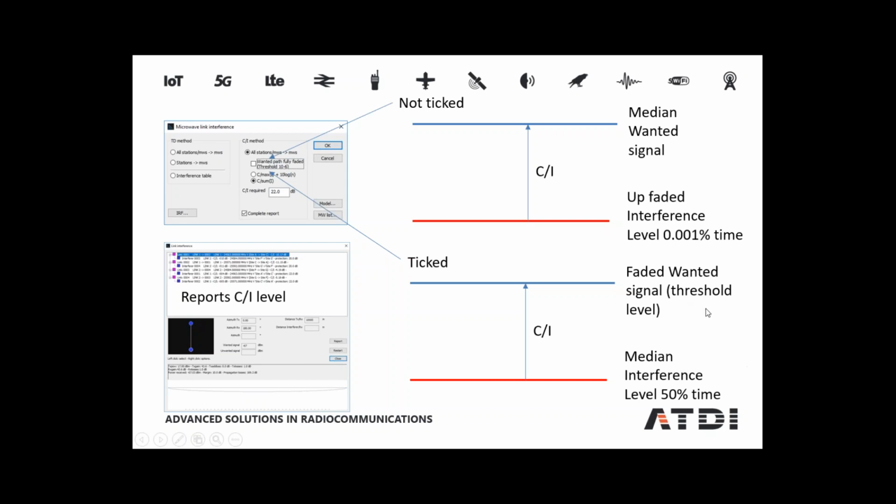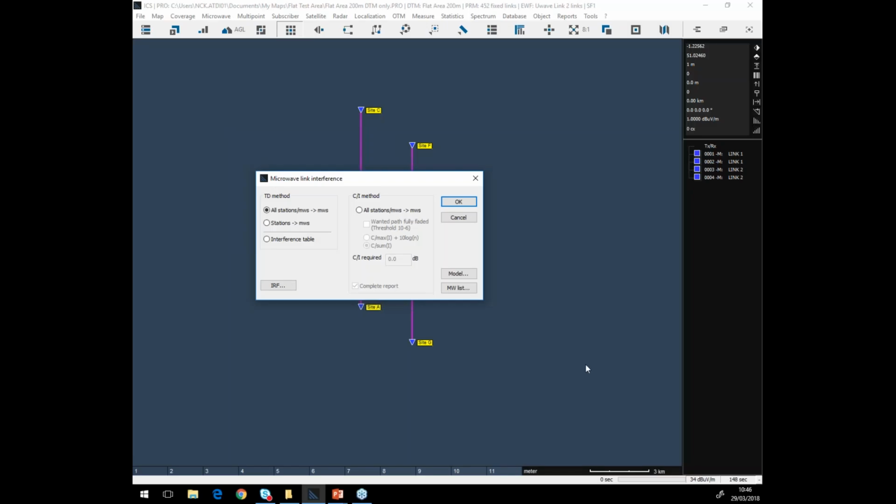The bottom one, and a median interference level, you're actually protecting the link much better than you should be, because you're giving it much more C over I than it actually needs to operate. So I was always taught the threshold degradation method, but there are two methods in here. So going back to ICS Telecom,